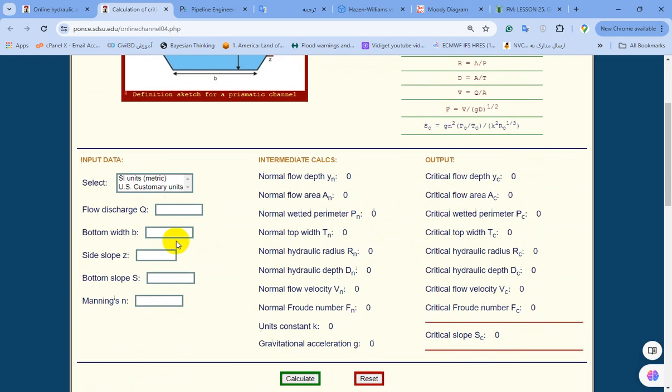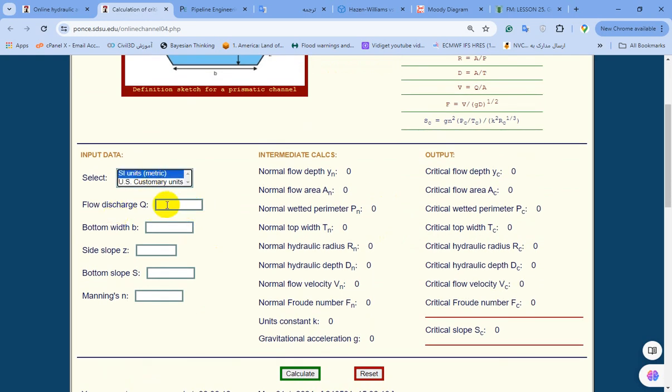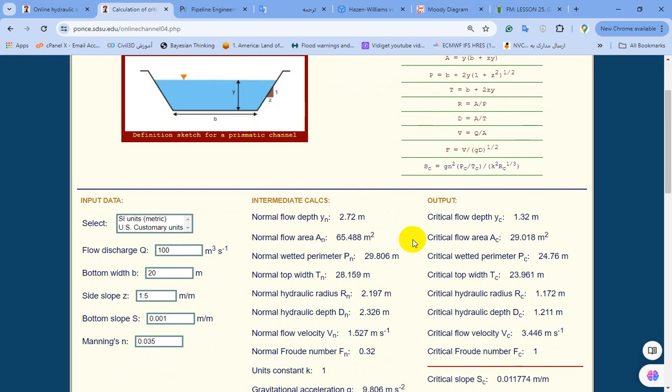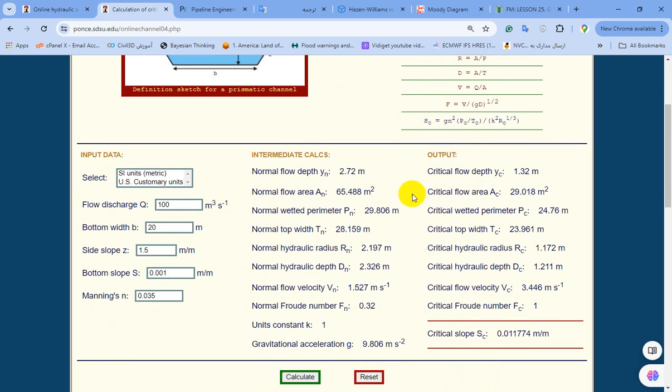Okay, let's select the unit of the modeling and enter the flow value, for example 100 cubic meter per second. The bottom width of channel, for example, I have a trapezoidal channel with the bottom width of 20 meter, and the side slope is, for example, about 1.5. The bottom slope is about this value, and the Manning roughness, for example, 0.035 for this parameter, and then press calculate, and after a while model calculates different hydraulic parameters related to these